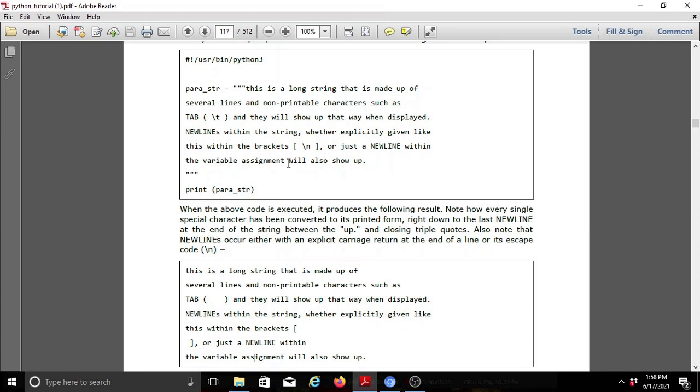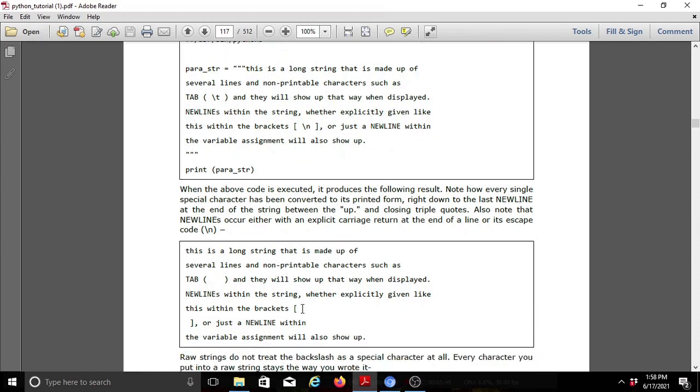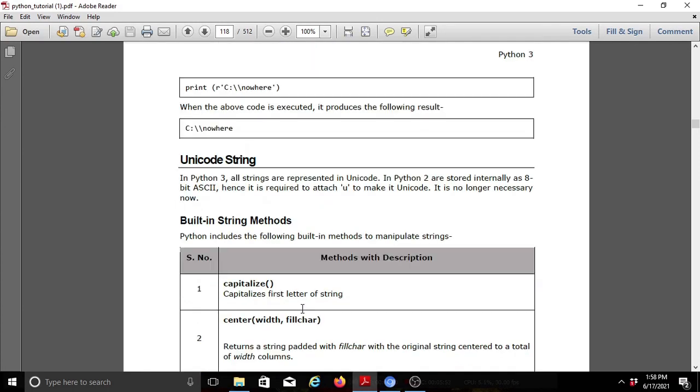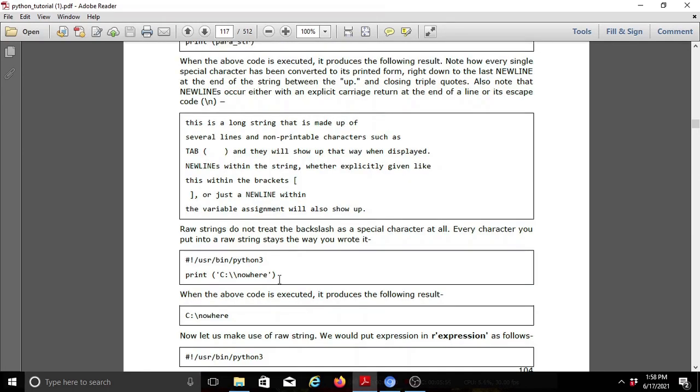Triple quotes treat every single space, blank space and special character as equal. That's why I get the total statement printed. This is a simple concept in Python 3, the triple quotes.